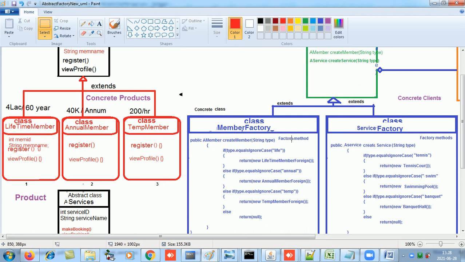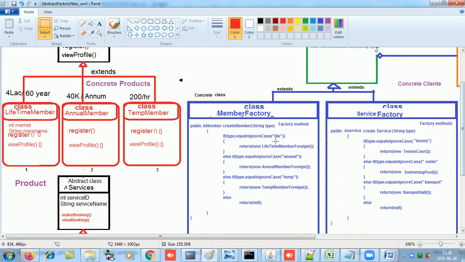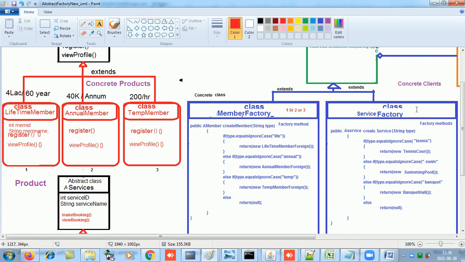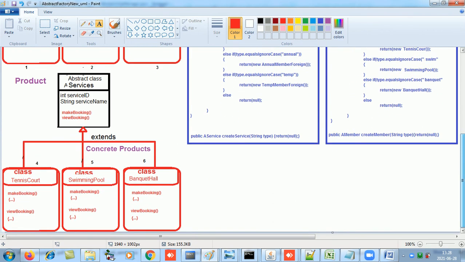One factory method will be create member, like the previous example of 7a, and one factory method will be create service, which will return me the objects of services. So this will return me an object of classes number 1, 2 or 3, and this will return me classes number 4, 5 and 6.